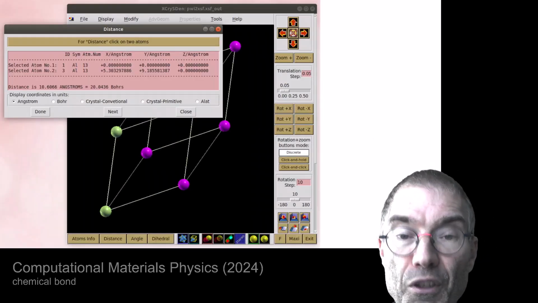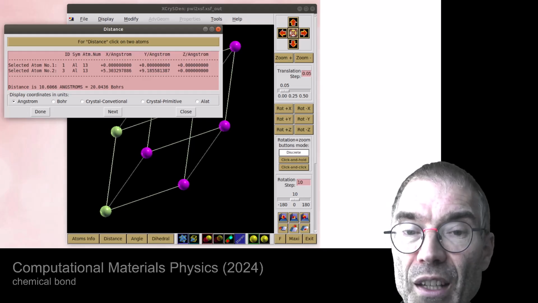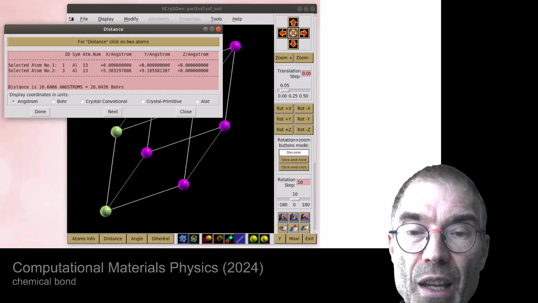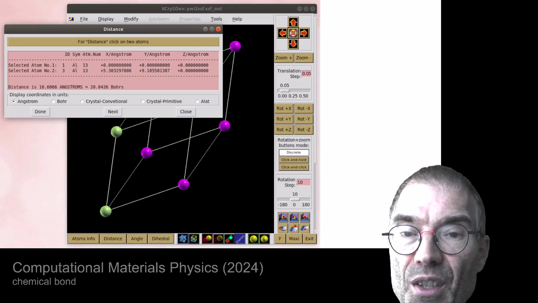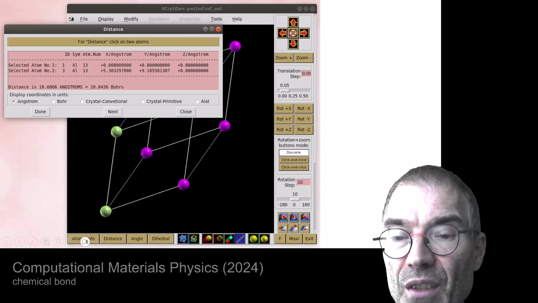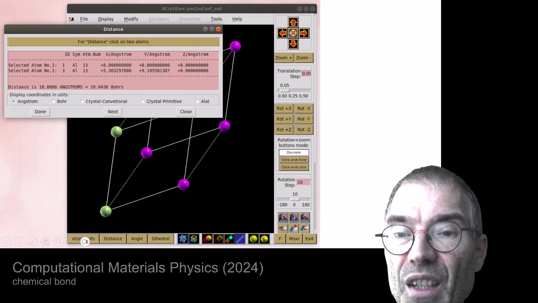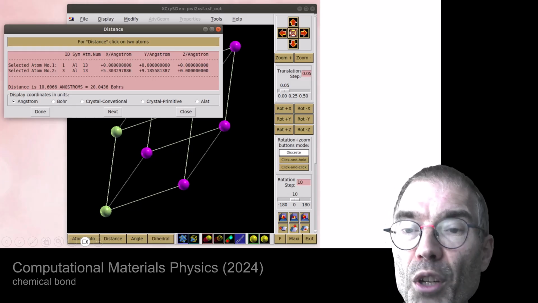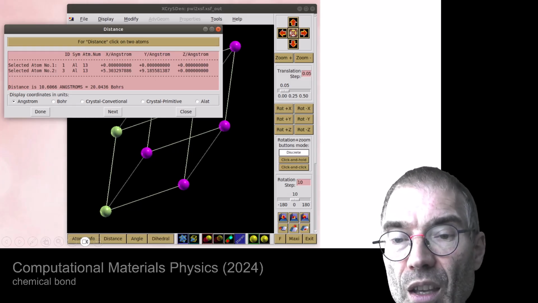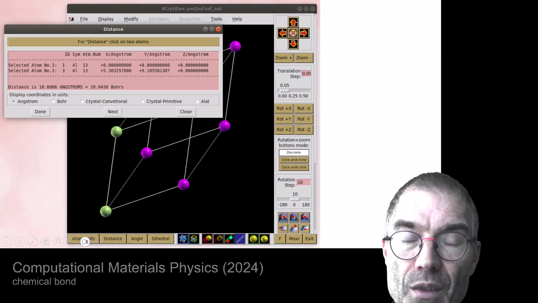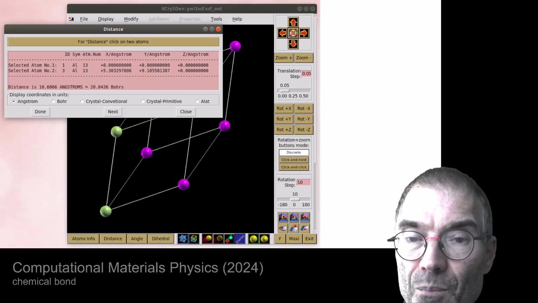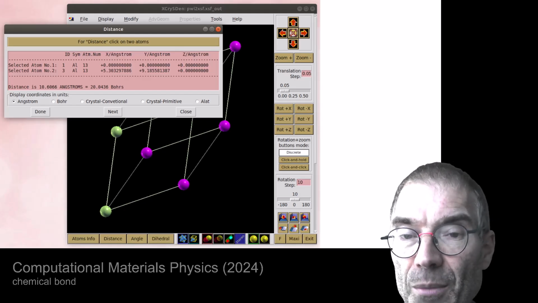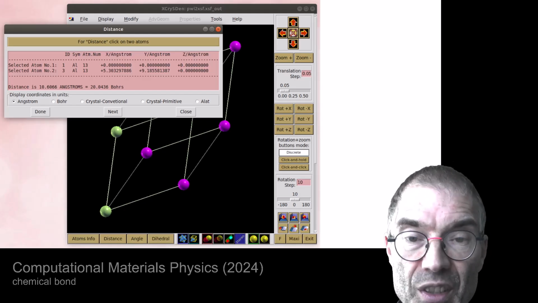If you would visualize that input file, you would see you have the primitive cell of an FCC crystal, but with a very large distance between the atoms. If you measure the distance between these two atoms in XCrySDen, then you have something more than 10 angstroms. That therefore means that this is a trick to mimic a free atom in a code that is meant to